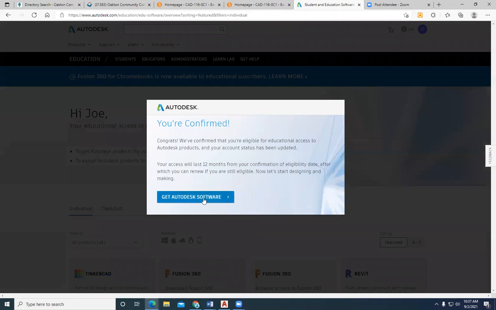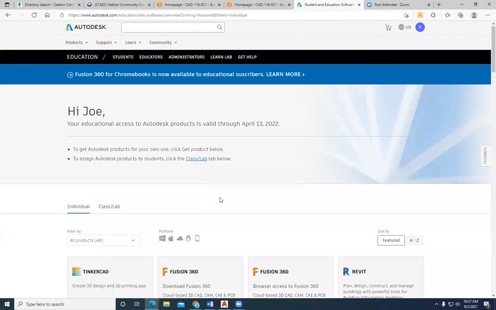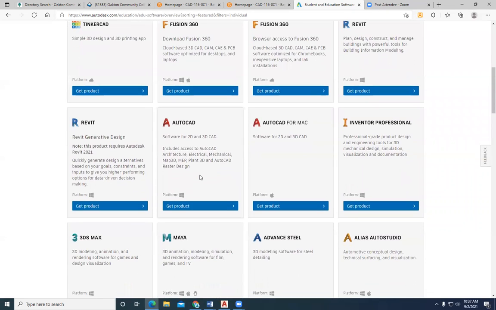Now it says come down, get software. Please click on it. Now this will go into an area of different software. You go down, and all these software are there. You can also select them later on, bring them down and use them. We're using AutoCAD itself. And if you click on get product,